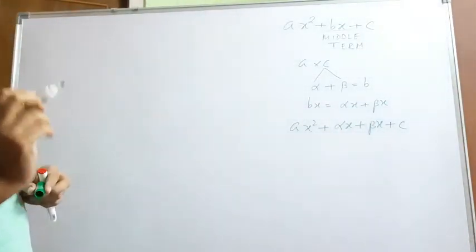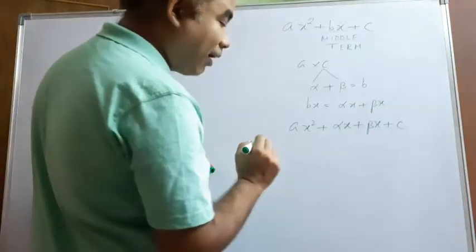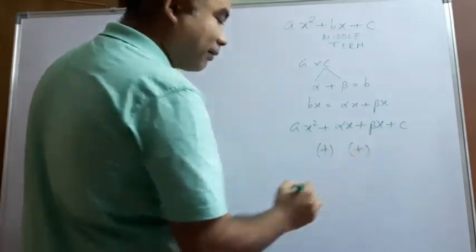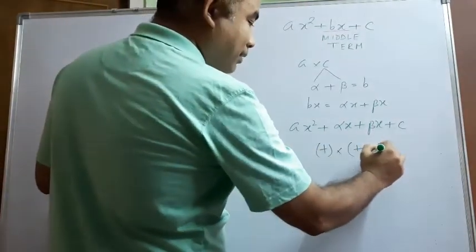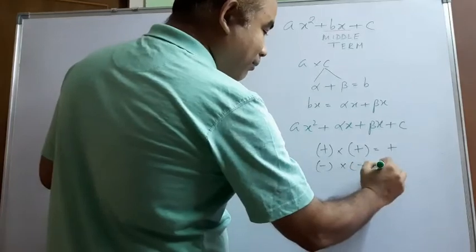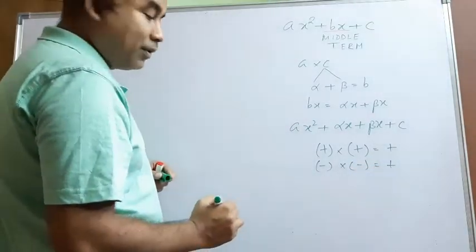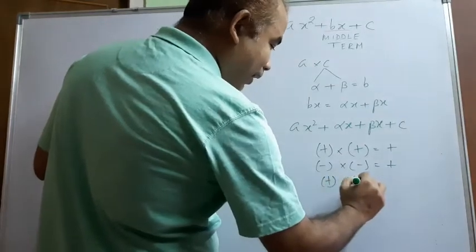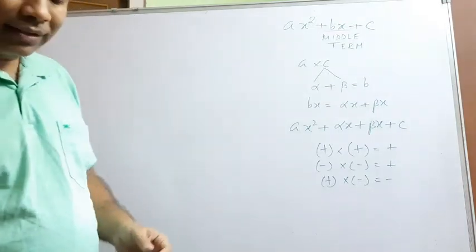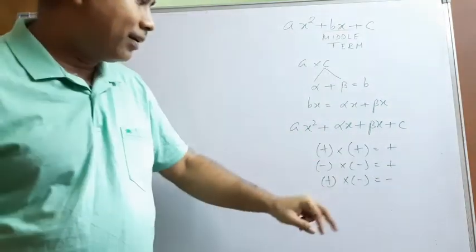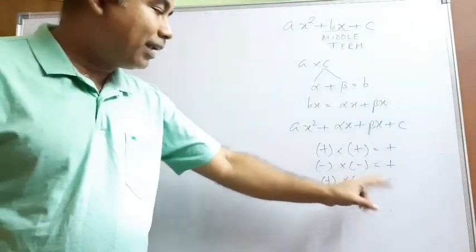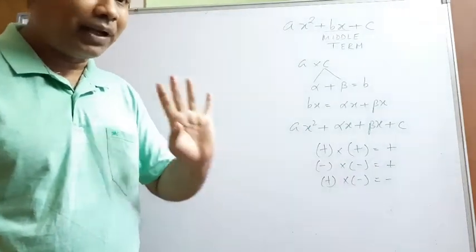Very simple, but there is something you have to know first. A positive number times a positive number gives a positive answer. A negative number times a negative number also gives a positive answer. But a positive and a negative number multiplied give a negative answer. Conversely, a positive number has two factors that are either both positive or both negative, but a negative number has two factors where one is positive and one is negative.